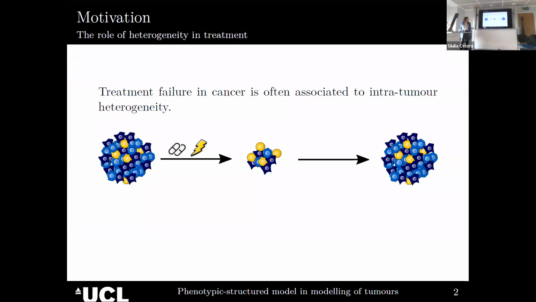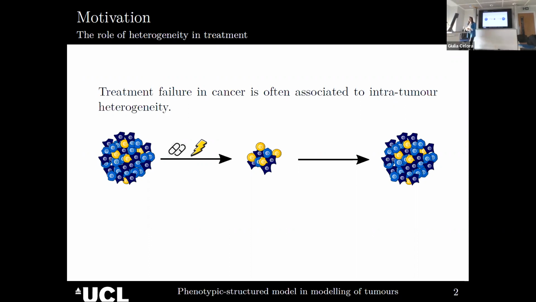So why intra-tumour heterogeneity? Despite the advances and the research progress of the last decades in our understanding of cancer, the treatment outcomes are still very poor. And what people have realized is that sometimes failure of treatment is associated with intra-tumour heterogeneity. This is because our current treatment strategies are really good at killing the bulk of the tumor, most of the tumor, but it's actually the few cells that are left behind that are usually resistant